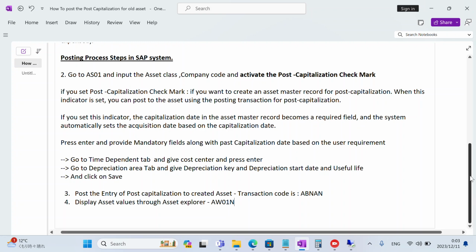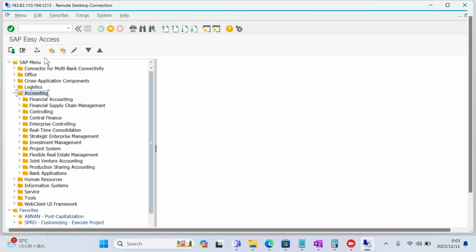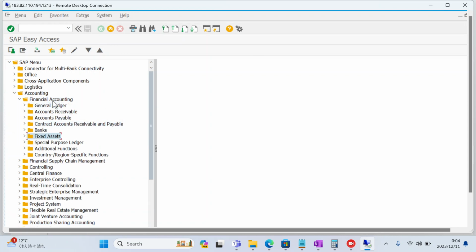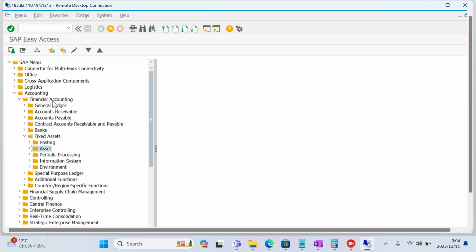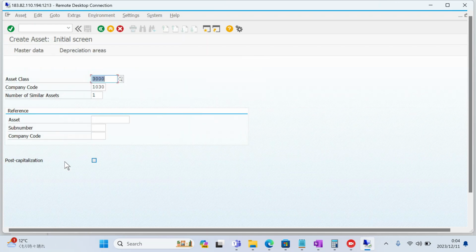Now the first step is to create the new asset with the post-capitalization check mark. Now I'm going back to the SAP screen. In the SAP screen, we'll go through the path instead of using the transaction code. So from easy access, accounting, financial accounting, fixed assets, asset, create, and AS01. So click on AS01, and here we need to give your asset class and company code,